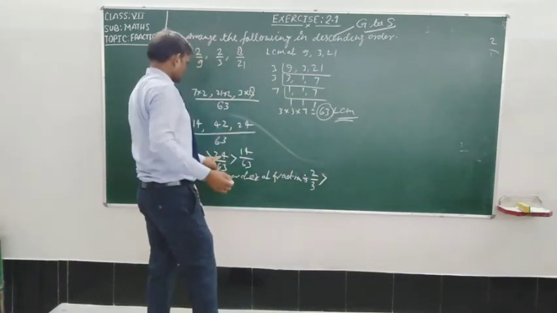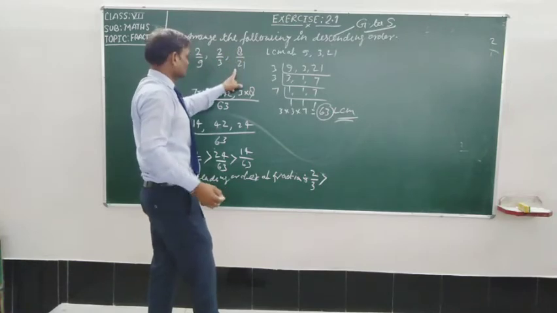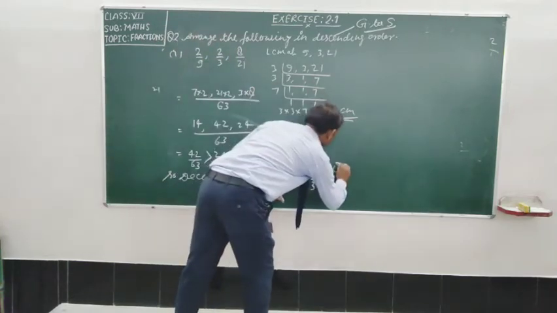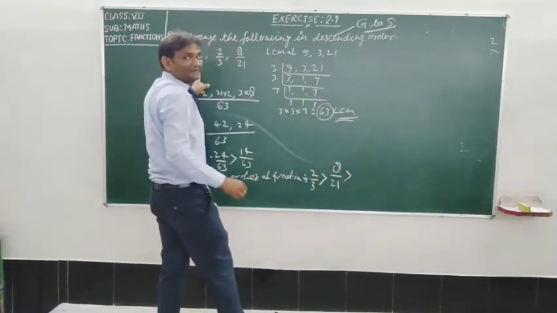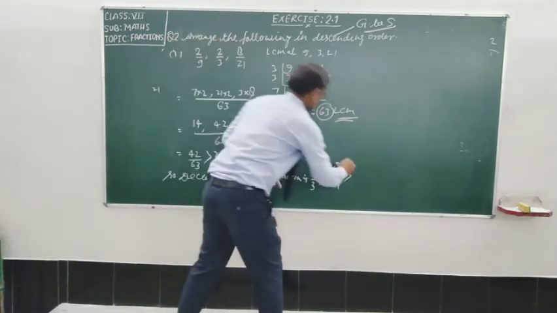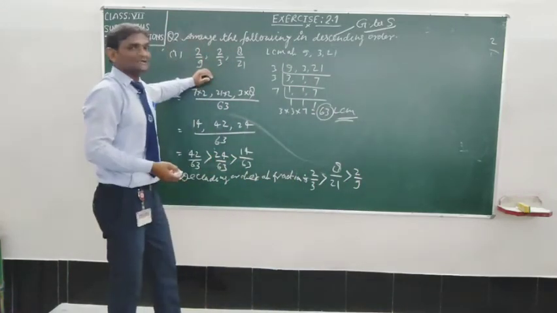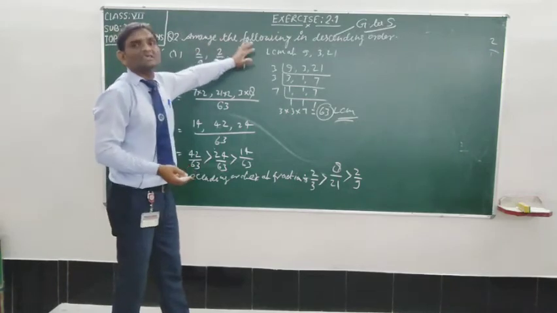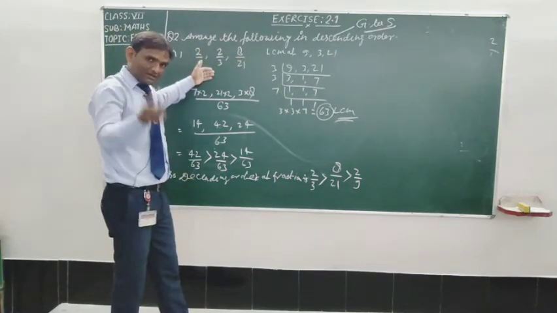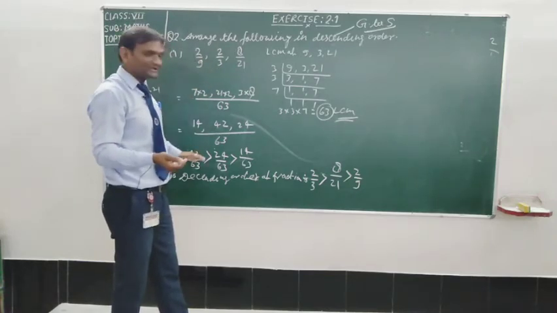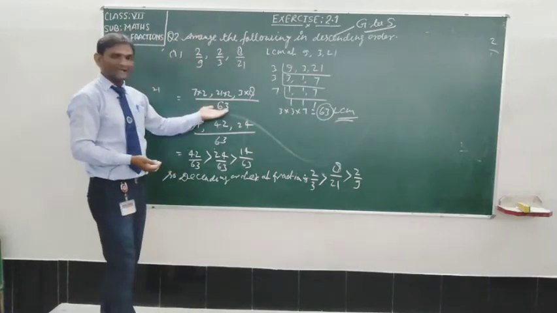After this, you have written 24 upon 63, and 24 has come in the place of 8 upon 21. So 8 upon 21. Next, 2 upon 9 has left only 2 upon 9. So student, in this way we can write the descending order of any 3 or 4 fractions. If 3 or 4 fractions are given, then by this method you can write the descending order of the fractions. Firstly, take the LCM,